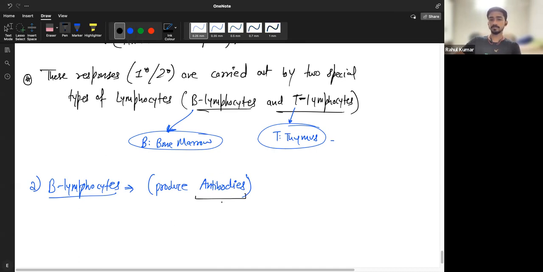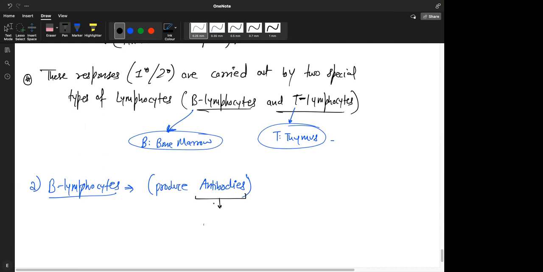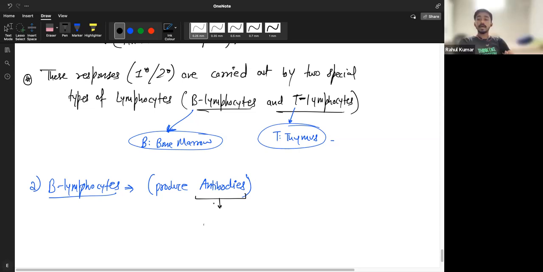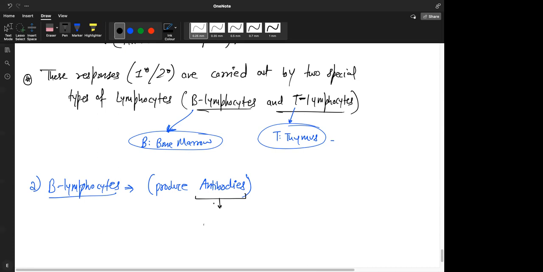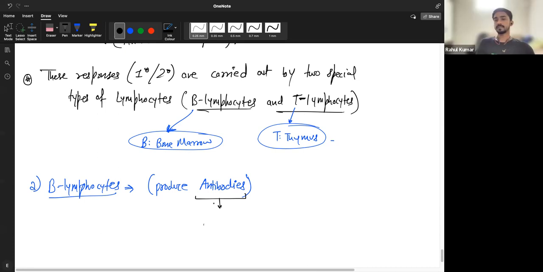Anyone knows what are antibodies? Sir, they're protein molecules used to fight against the pathogens. Instead of fighting, they recognize and bind to the pathogen. So they are an army. Antibodies are an army of proteins. Their name is antibodies because anti means against, and body means anybody, something which they are against and they bind on it. They attach to it.